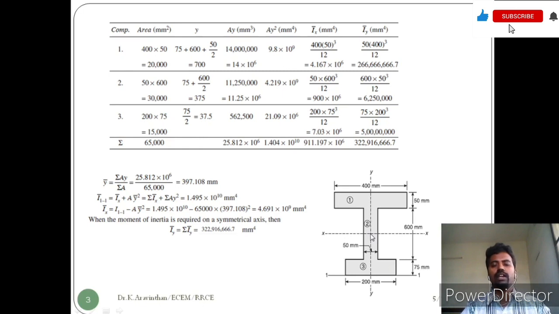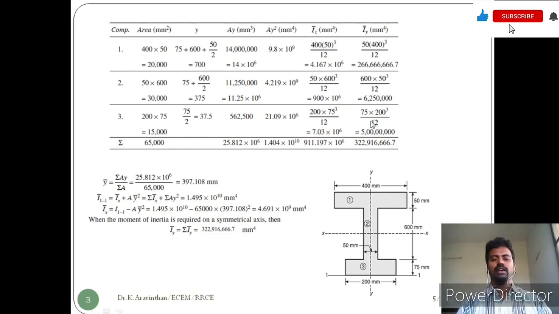What about the x bar here? If you split the section into two components, along the x-axis and along the y-axis, and we cut the section along the y-axis, the section is a symmetrical section. That is why we can consider x is common for all the sections, hence x bar is 200 mm. The greatest dimension here is 400, that is why we have to divide 400 by 2, which is 200.